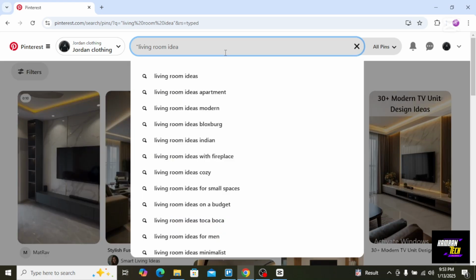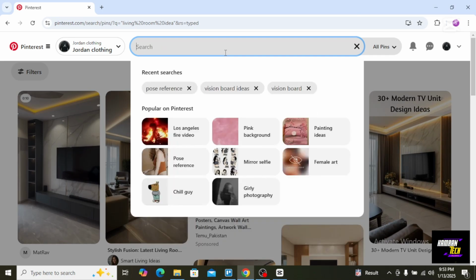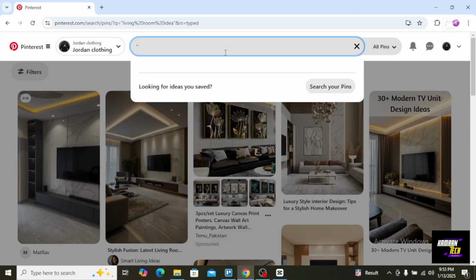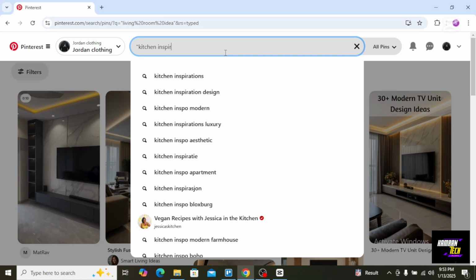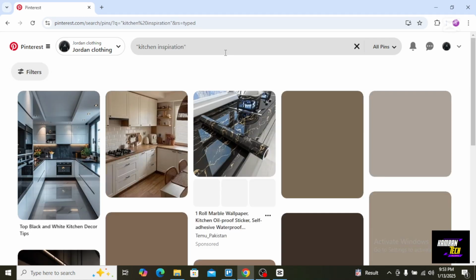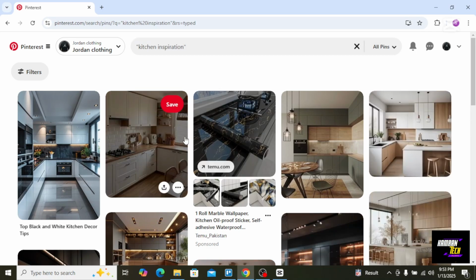And if I search for something like kitchen inspiration, and let's see, there are many attractive designs with high, decent quality. You will see the kitchen